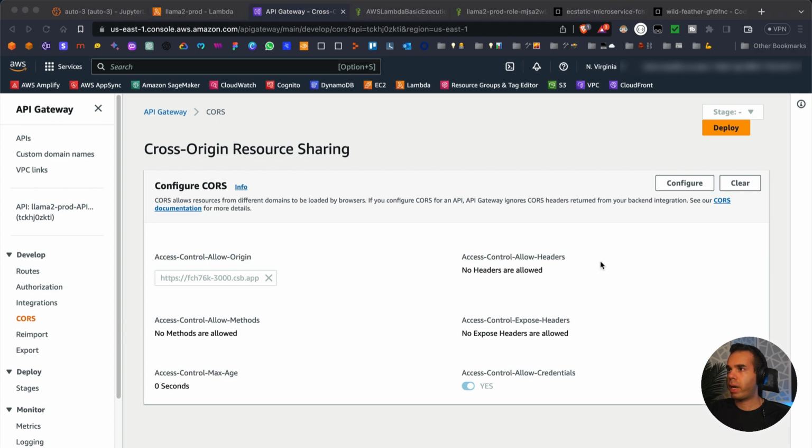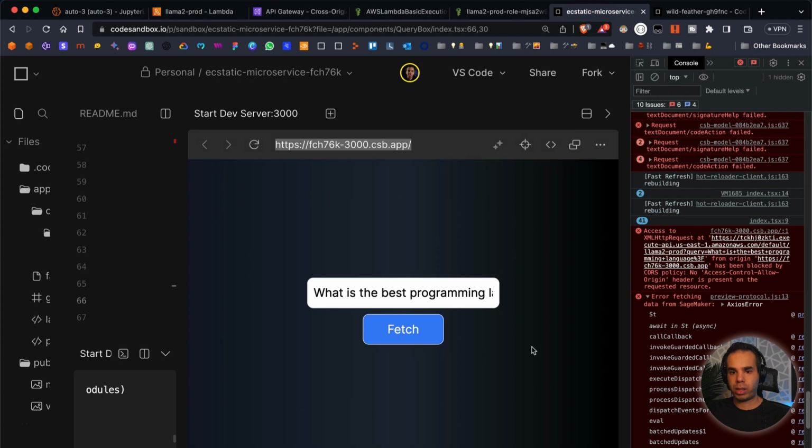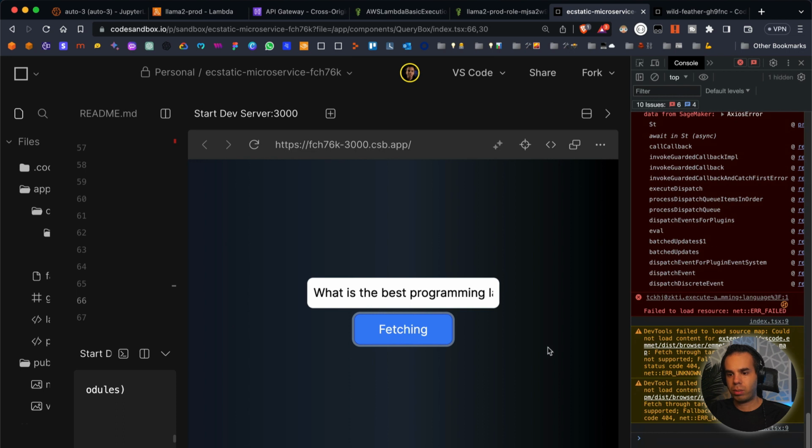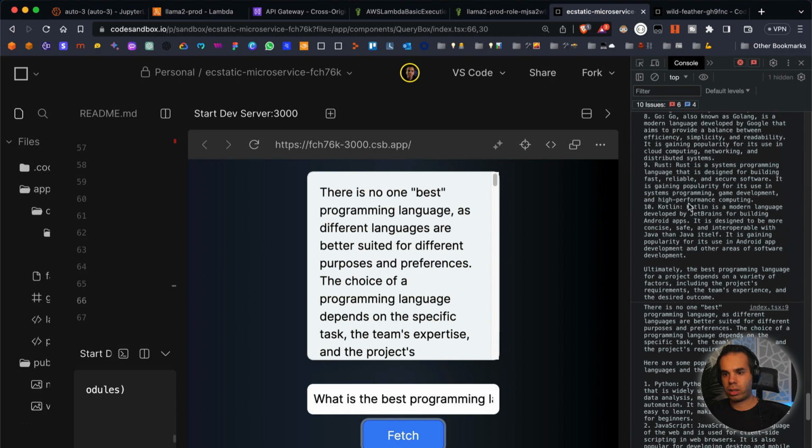So now what we can do is try to reload our application and see if we can request it again. So we'll try another fetch. We'll see if this will allow us to call our endpoint. All right, so now we have some text coming back. So we see that this is logged in our